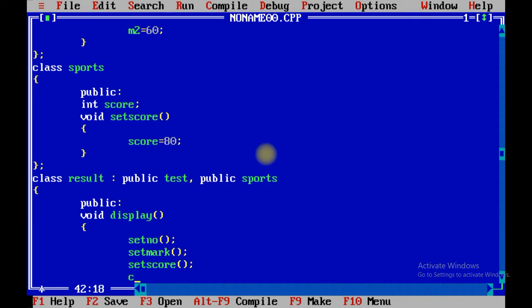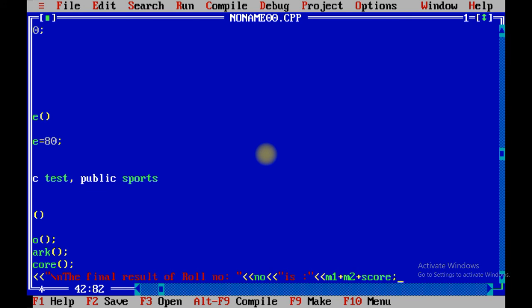Now we are going to print the value of number, mark and score. The cout \n, the final result of roll number, number variable. See, this is a formatted output, right? So now it is easy to understand, m1 plus m2 plus score.